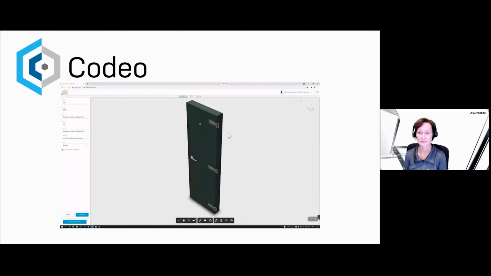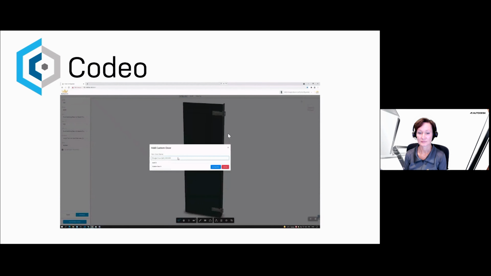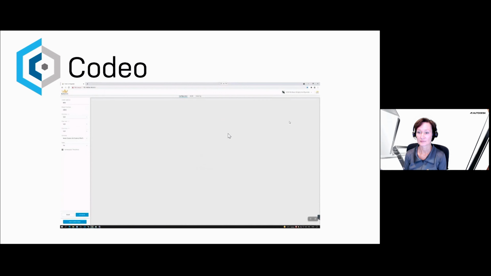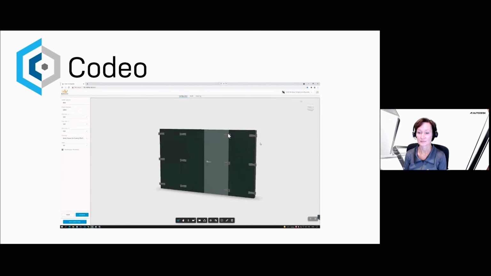Generated. And I'm gonna save this custom door to the main configurator's door list as custom door 1, and I'm gonna select another door to configure.